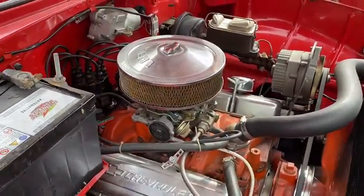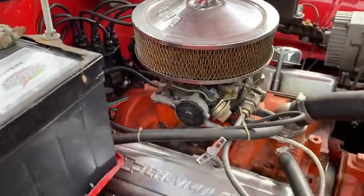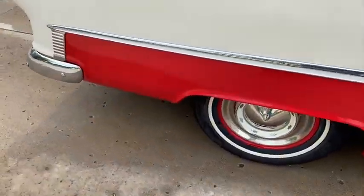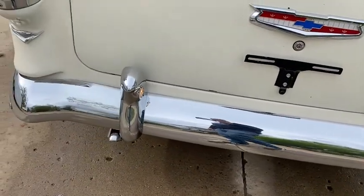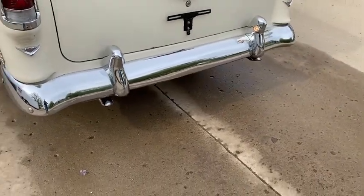Got like the point system, unless they put that Tektronix in it, but it appears to be the original point system. There's your tail lights and your license plate light. And here, got a nice sound, got dual exhaust, so